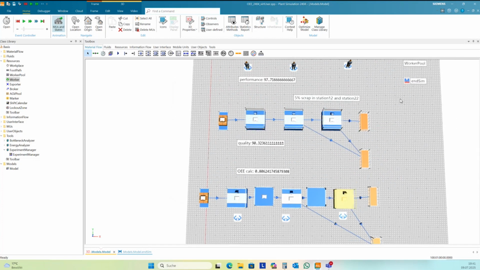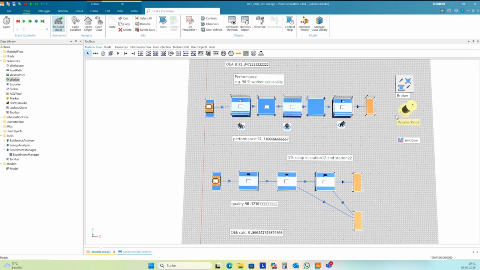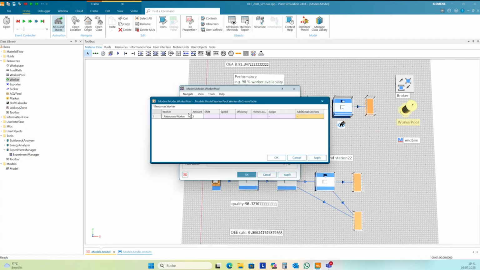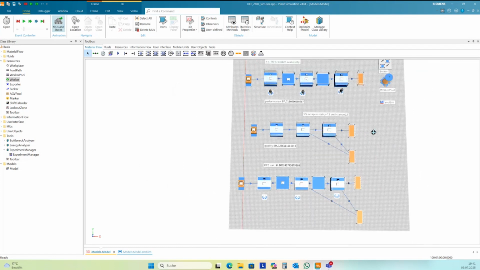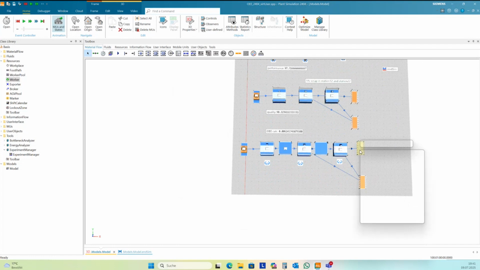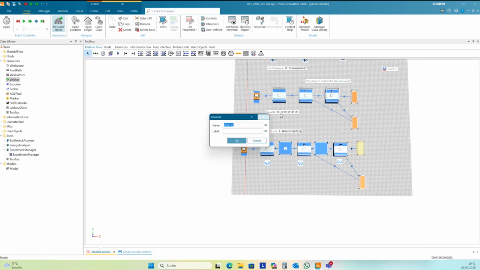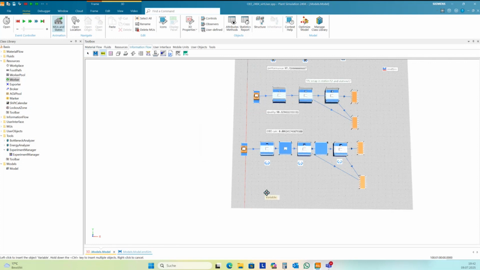I need 6 workers now. And then I have all the influences together in my last model here, and this is train 5. And then I can make my final OEE.